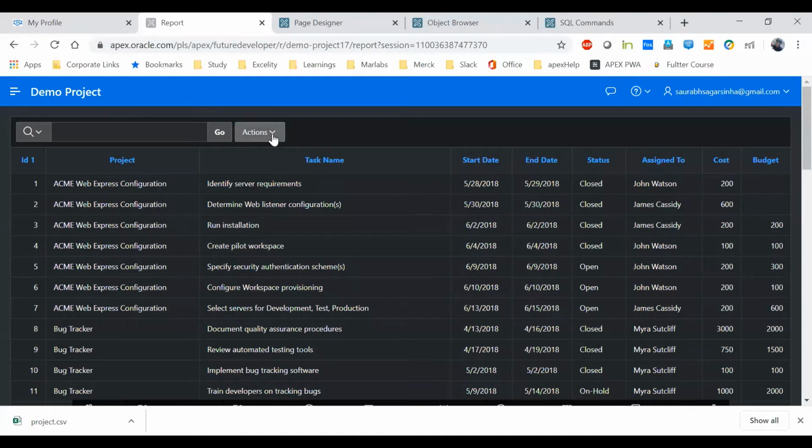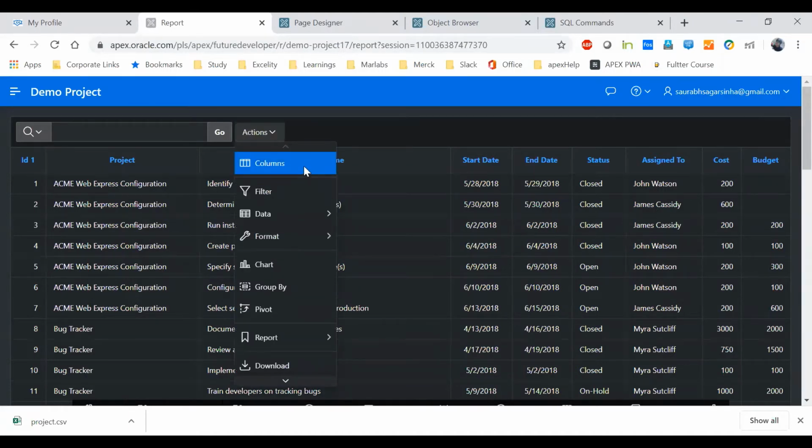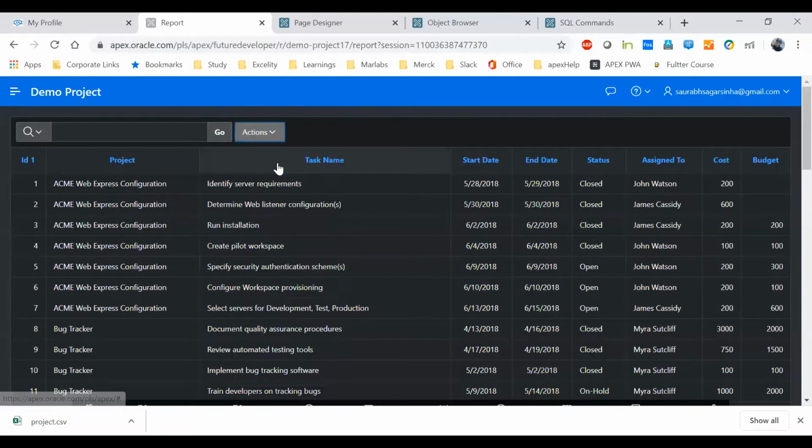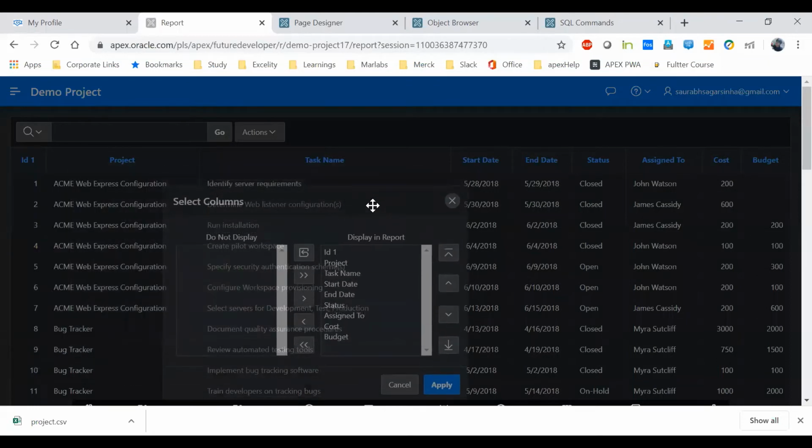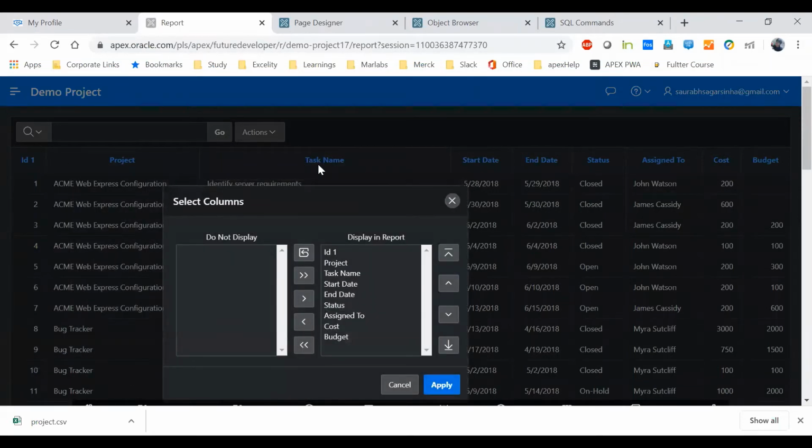So now let's go on. Here we have this column option. Let's click on this column. As you can see, these many columns are there in this report: ID, project, task name, start date, end date, status, assigned to, cost and budget. Let's say you don't want the ID to be visible to the end user.